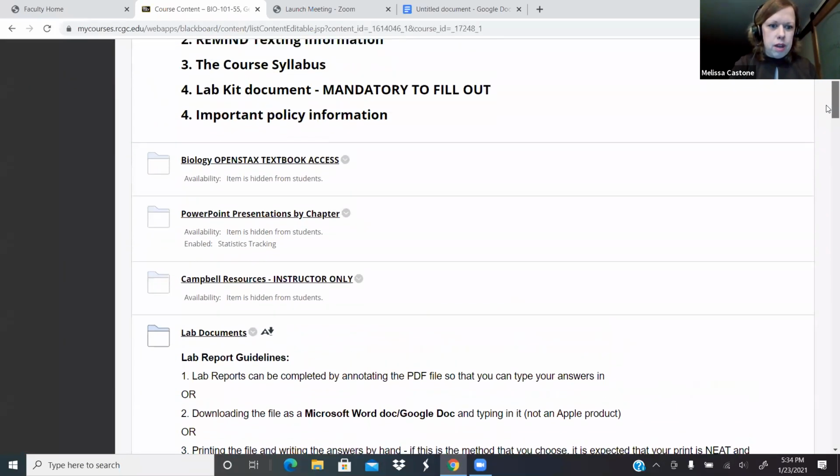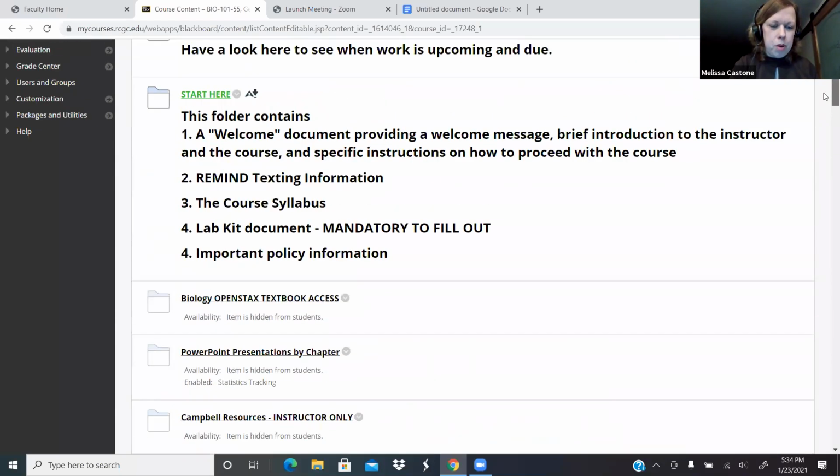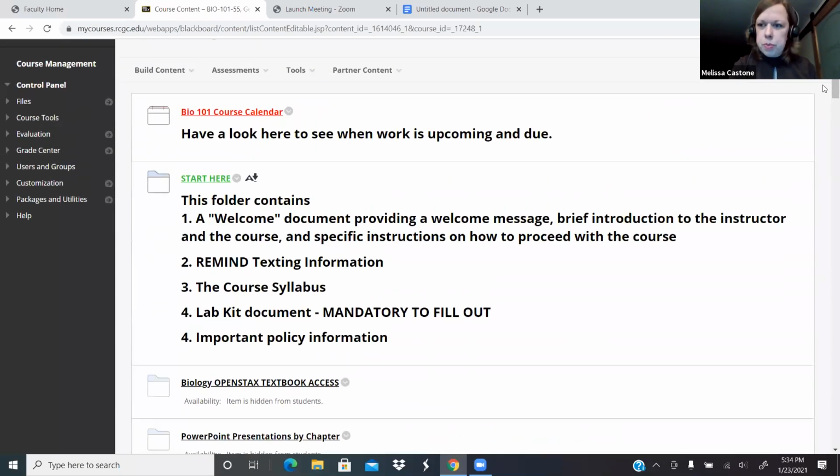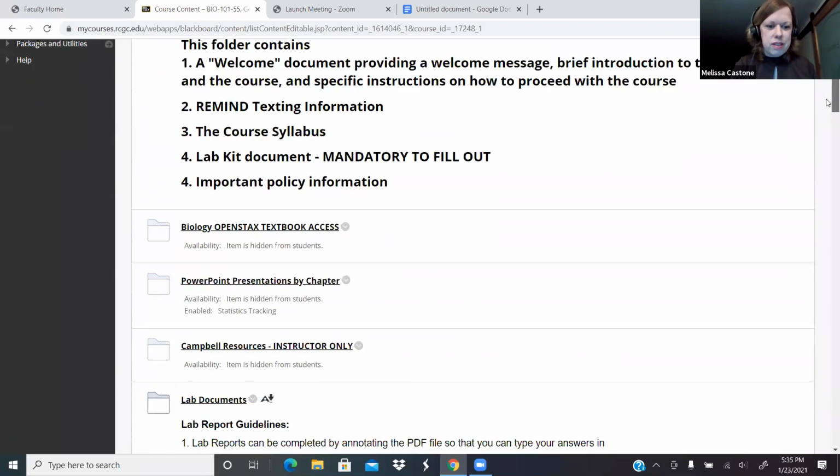I'm hoping that everybody got a textbook. I think the biggest question I get is, do I really have to buy this thing? Buy it used, buy it used somewhere. That's my best advice to people. I can't tell you not to buy it. It's a requirement for the course. So